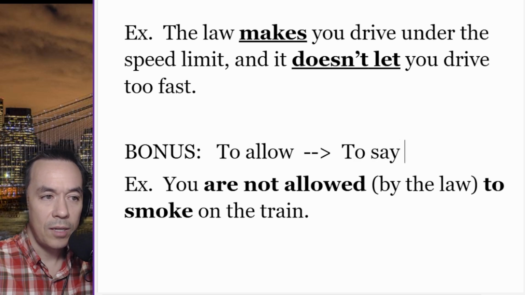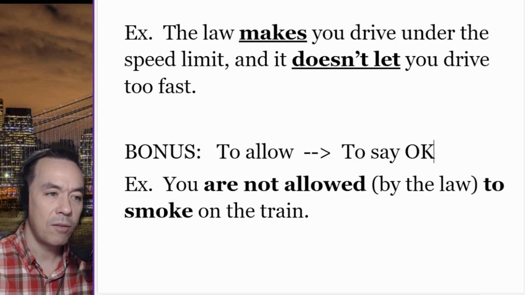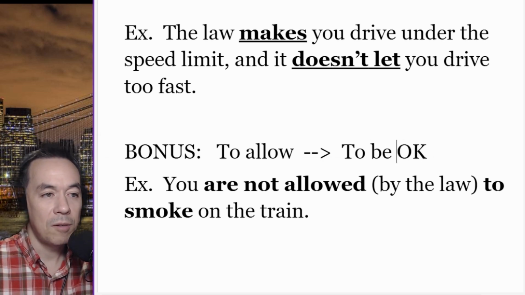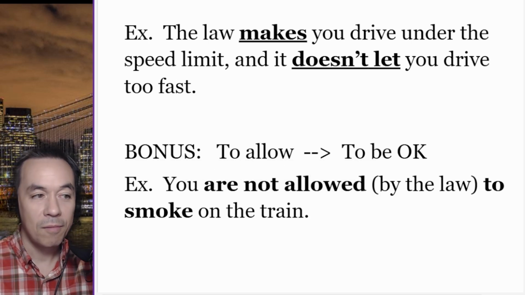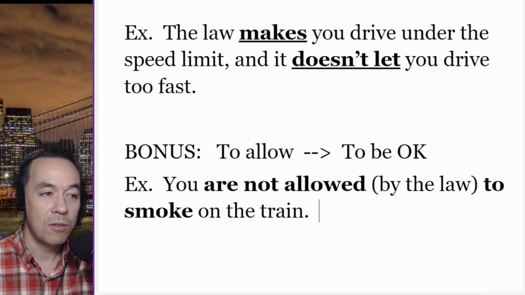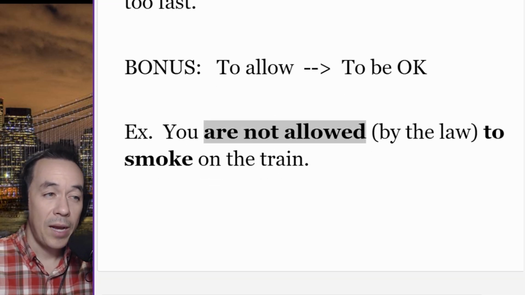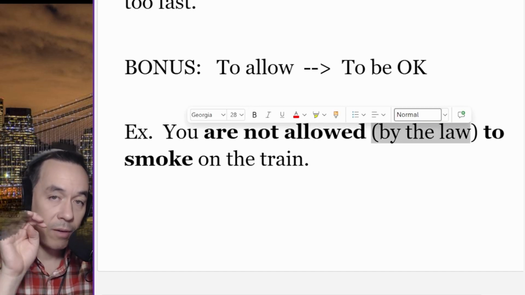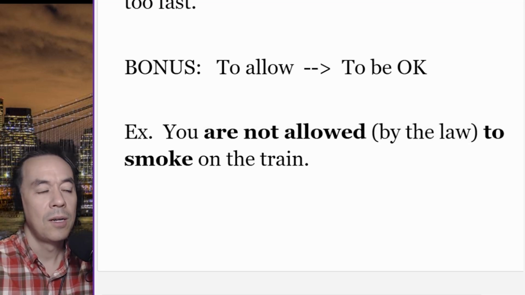It means to say okay, to be okay. So you are not allowed means not okay, not okay to smoke on the train. So this is the passive style, passive tense, where we don't say the acting person,